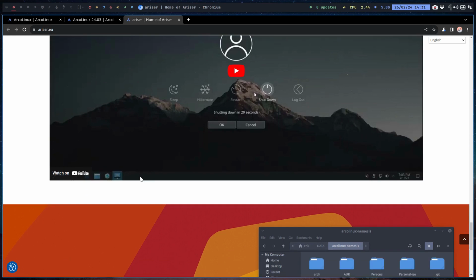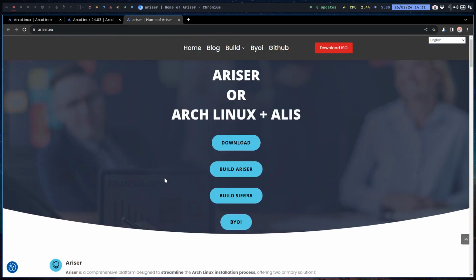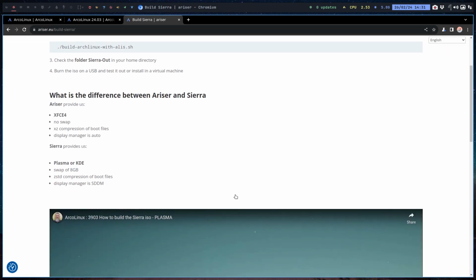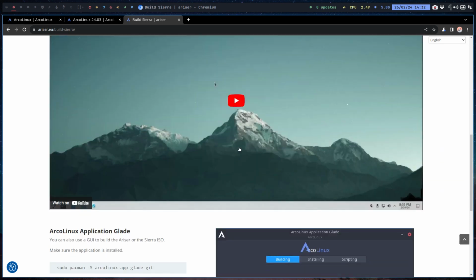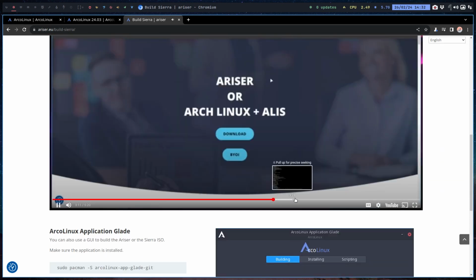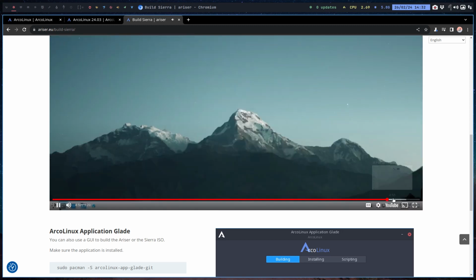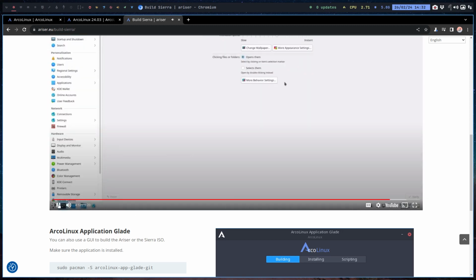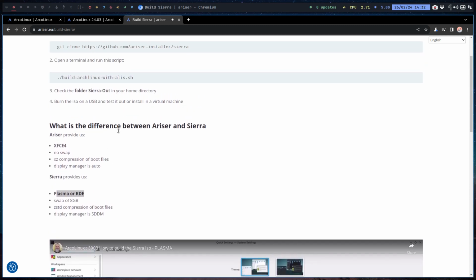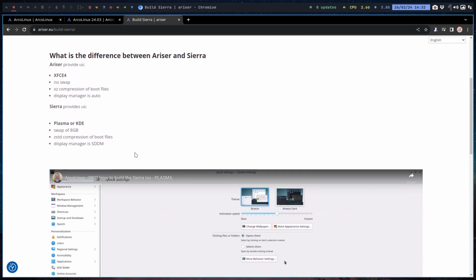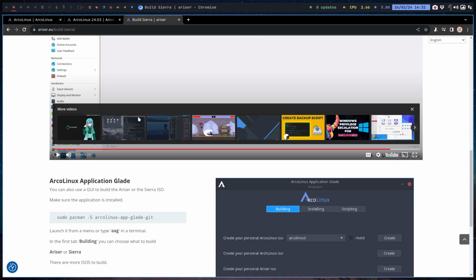And the plan is to restyle them all. We have a download possibility, we have a build possibility. This is new. There is a new ISO, build Sierra. And Sierra is going to be Plasma. So this is the video, and of course you recognize immediately the mountains of Plasma. Somewhere behind here we are in Plasma. So that's great. We have Arizer, which is XFCE, we have Sierra, which is Plasma, and there is even a third one, Area. It's the educational